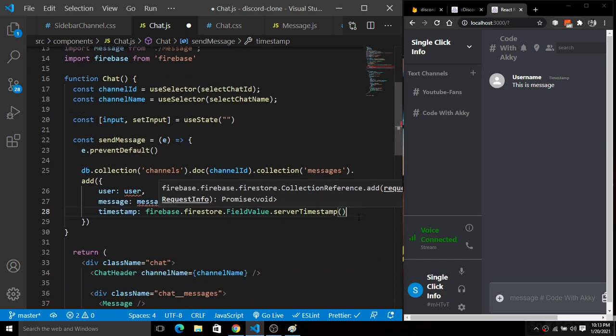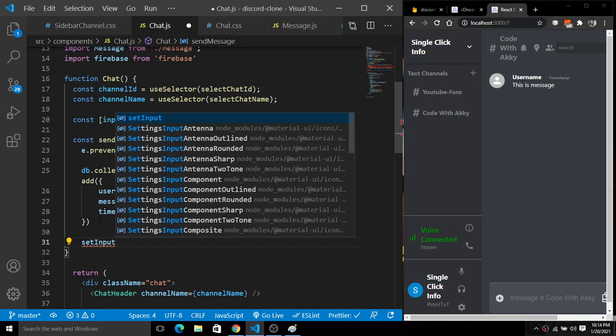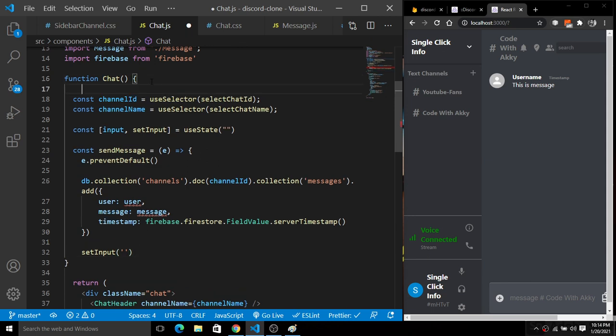It will add the timestamp according to the timestamp of the server, so it will not depend on the time zone or anything. So when the message is sent, I will set the input back to empty. Got it? Next, I'm going to create a user. First of all, I'm going to create a user object here.